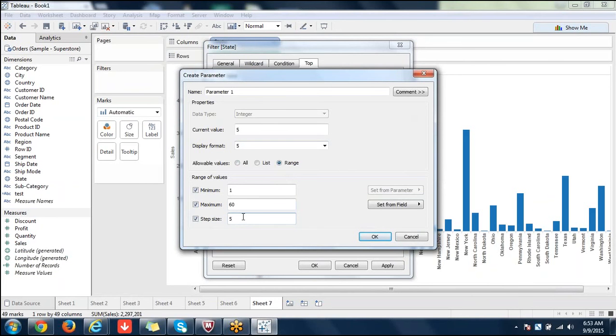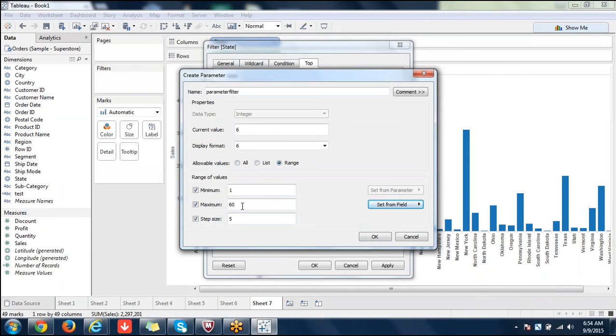Okay, so what I am doing here is I'm giving a current value to it, and it's starting from 1. Okay, it's not starting from 0, that's why it's 6. Okay, next increase would be 6 plus 5. Step size is 5, that means the increase will be 5. Okay, so if you want to set values from any other field, you can set from here. Okay, that's not a problem.